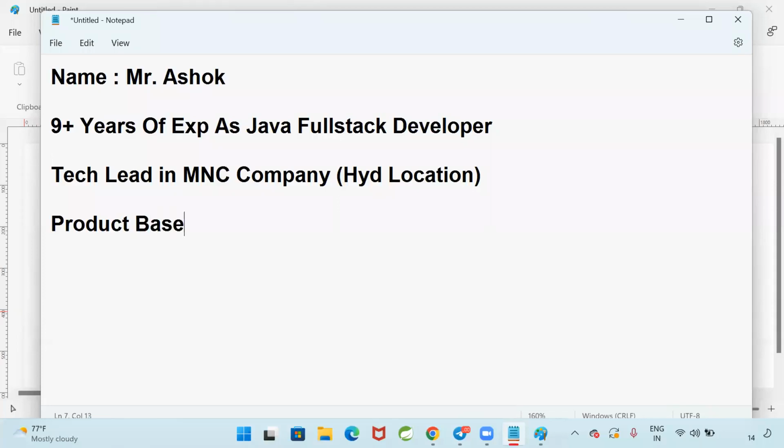It is a fraud-based company. And apart from this 9 years of IT experience, I have 6+ years of experience in training.